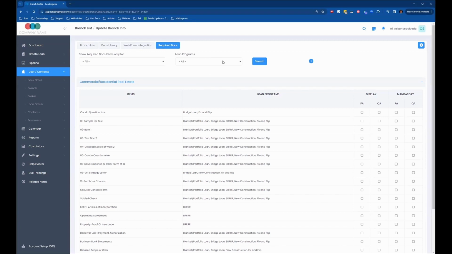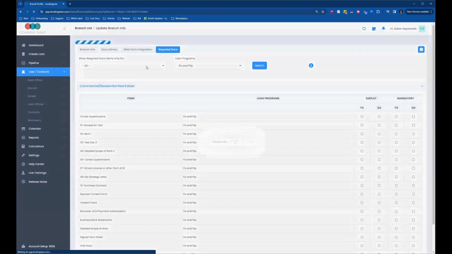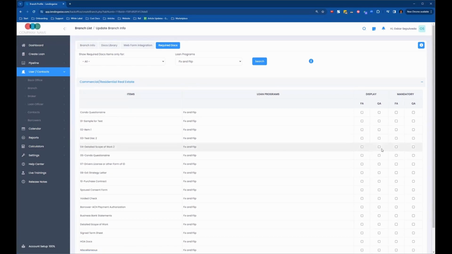And these can be loan program specific as well. So maybe you don't want to collect documents for every single loan program application, maybe just certain loan program applications, right? So maybe an example is for a fix and flip, we do want to collect a detailed scope of work, right? So we can select the loan program up here and hit search. And we can say, all right, for fix and flip on a quick app, we want that detailed scope of